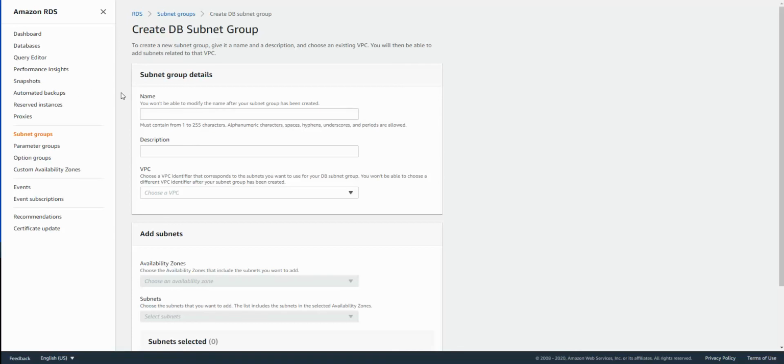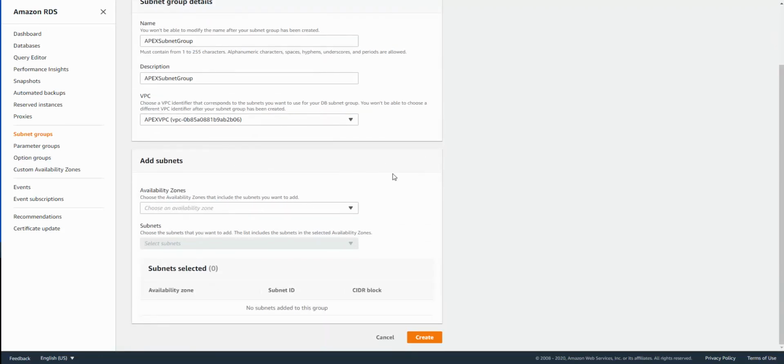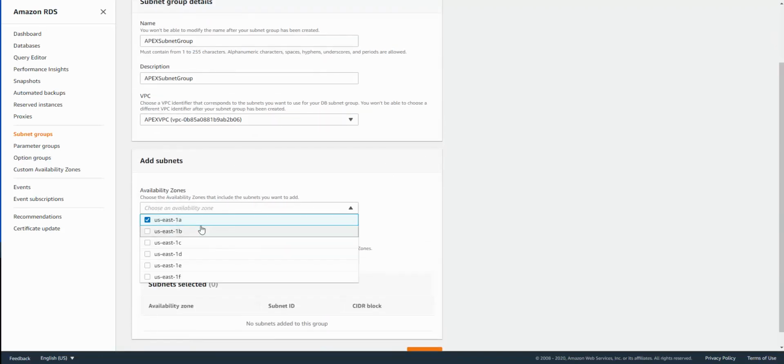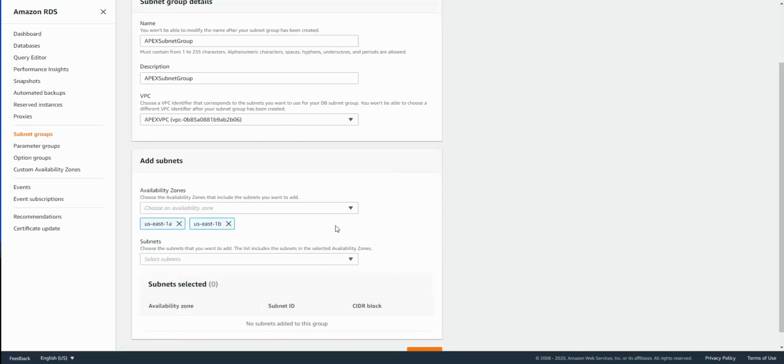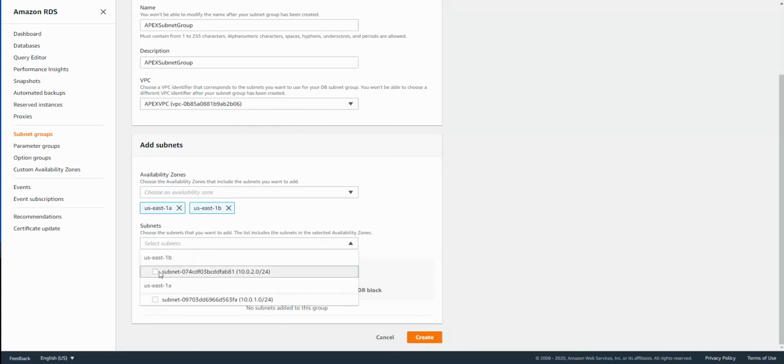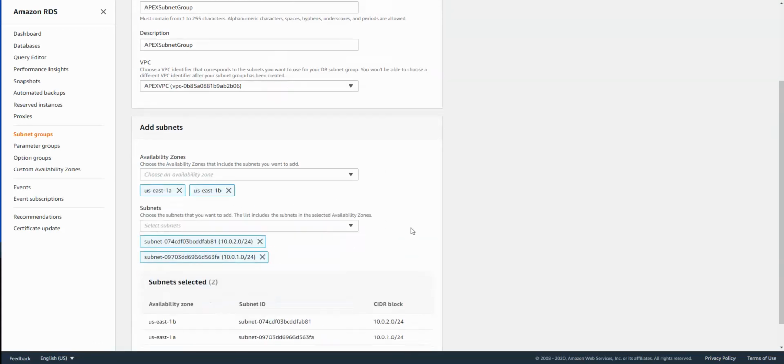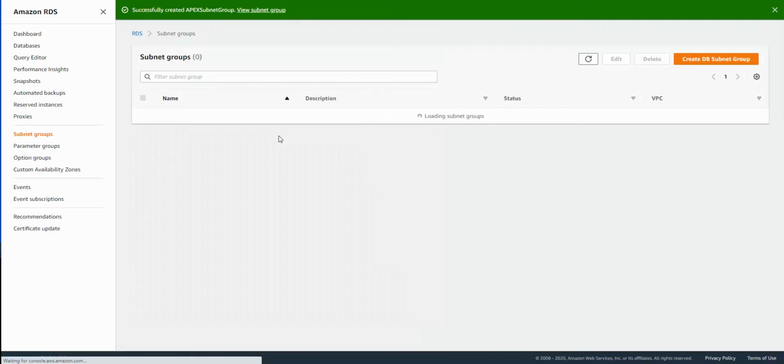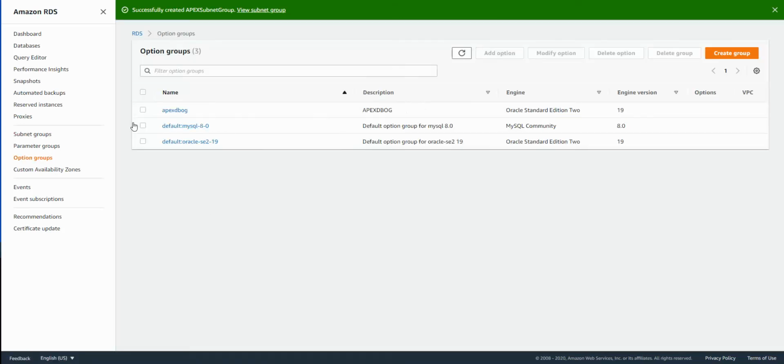Let's call this the Apex subnet group, and we'll give it the same description. For the VPC, we are going to pick the default VPC which we have created. For availability zones, let's pick two of them and associate two subnets. Okay, creating.